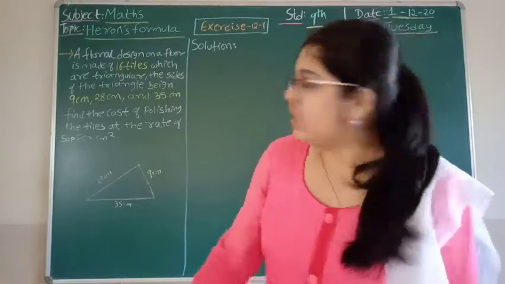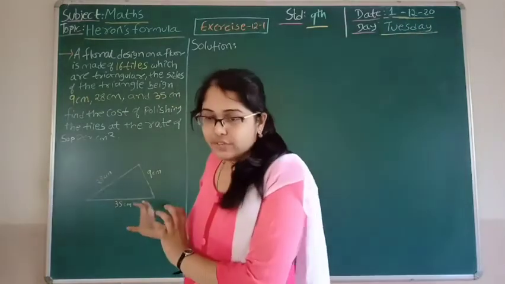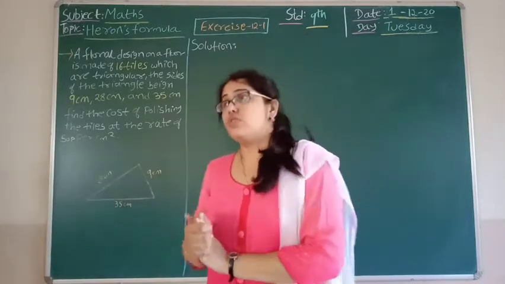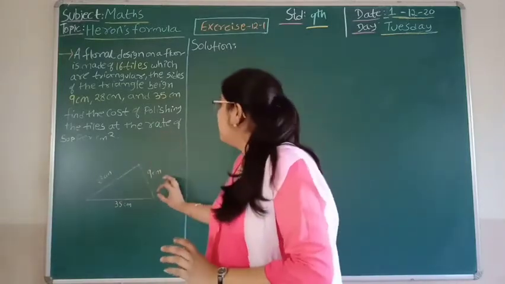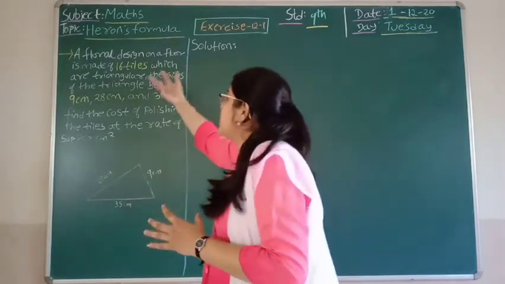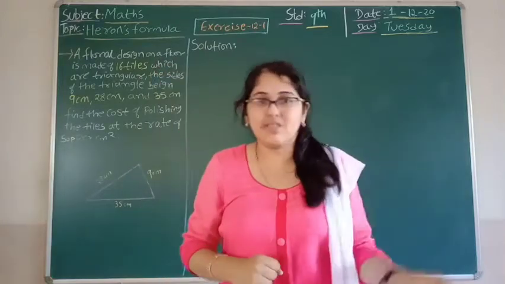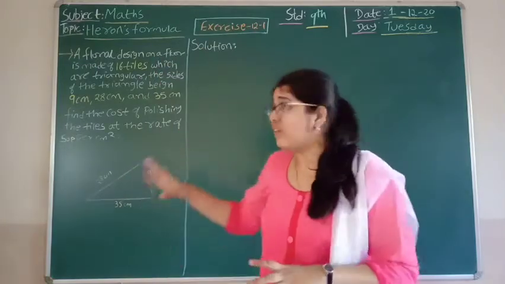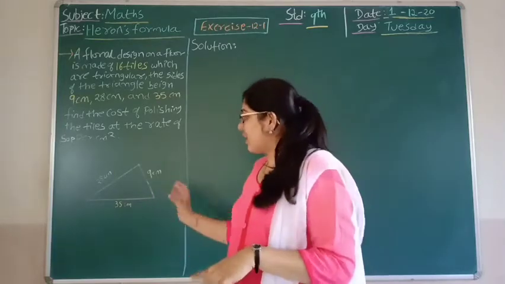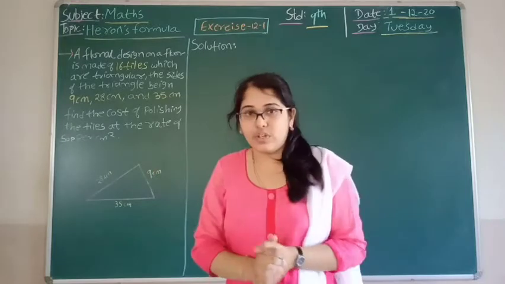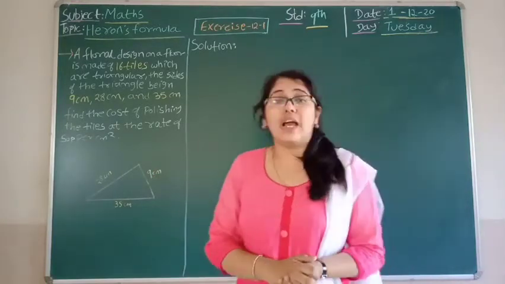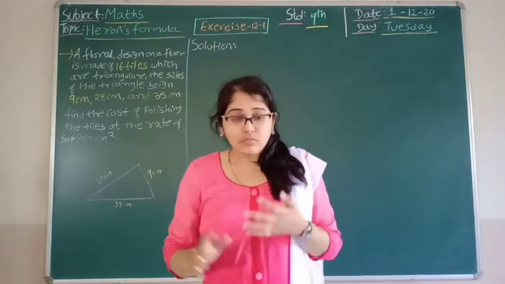I have drawn a single tile of it. What you will see in your textbook is quite a big figure. So basically, if we find the cost for 1 tile and we need the cost for 16 tiles, we can multiply the answer by 16. So this is how we can find the answer. For that we need to find the area of 1 tile, and the sides of the tile, as I said, are 9 cm, 28 cm and 35 cm.